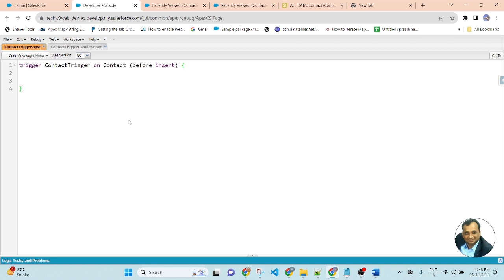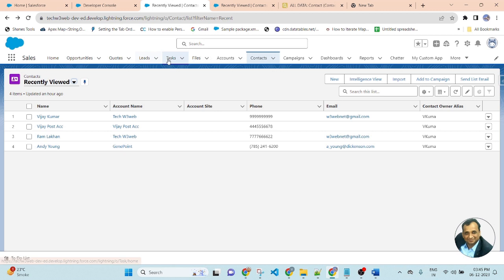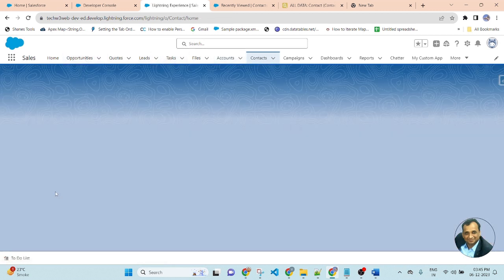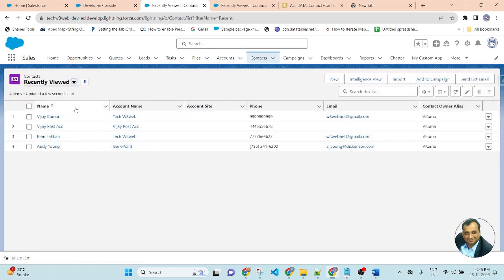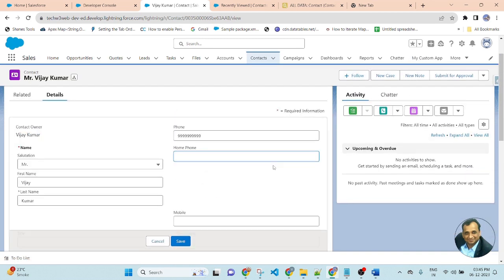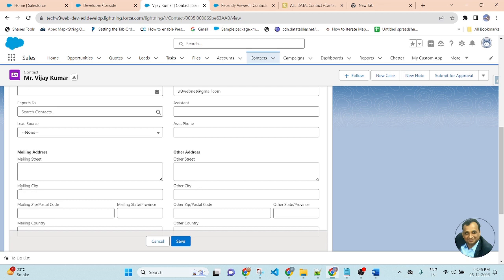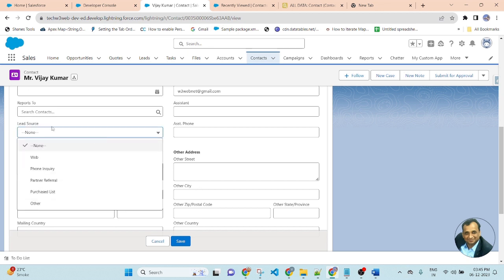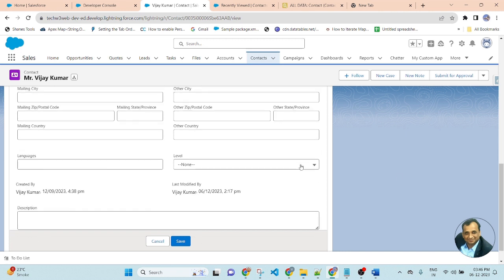So let me explain the scenario before creating the Apex trigger. Go to the contact and open any of the records. The scenario is: if lead source, this is the lead source, is web or phone inquiry, then we will populate the label field as primary automatically upon creating a contact record.